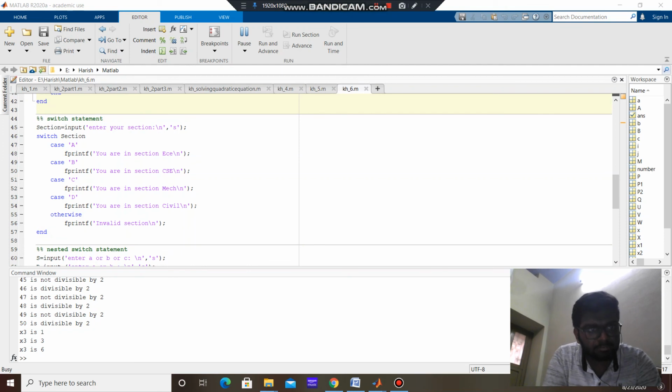Here coming to the switch statement. In a switch statement, it goes on executing each case until one of the cases is true.